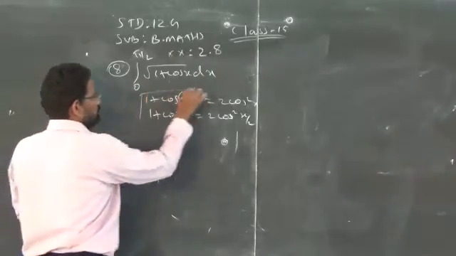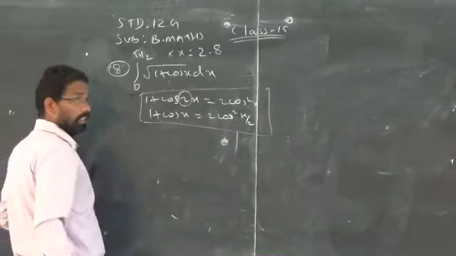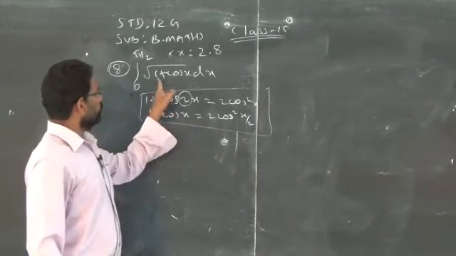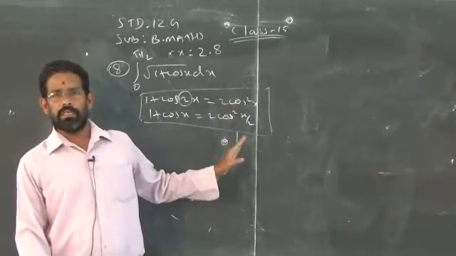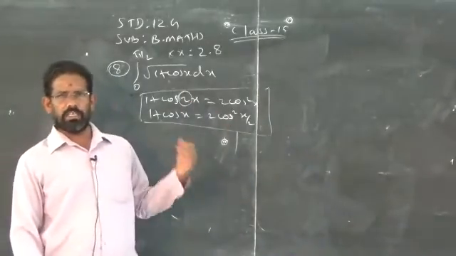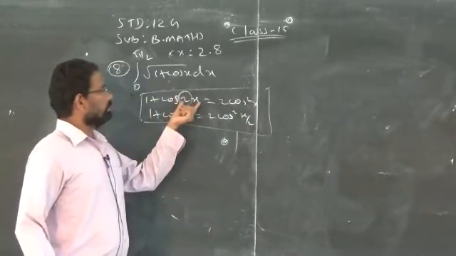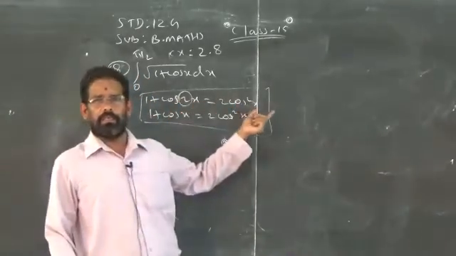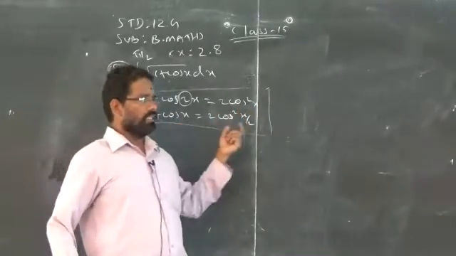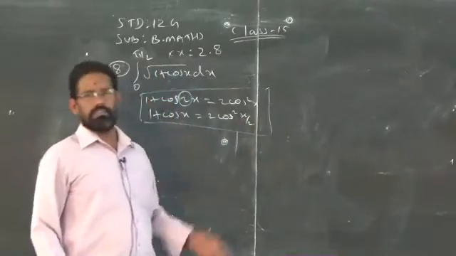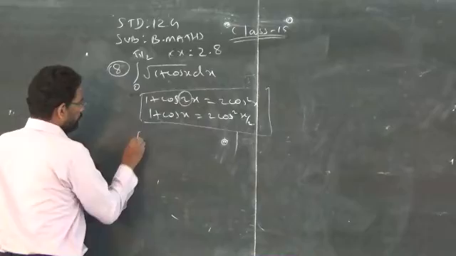So based on this property, if it is minus sign, you get 2 sin square x by 2. The same question, if it is 1 minus cos 2x, you will get 2 sin square x. If it is 1 plus cos 2x, 2 cos square x. If it is 2 times of an angle, you get half of the 2, that is 1. If it is 1 angle, half of the 1 angle is half angle, semi angle, that is x by 2. So using this concept, I am rewriting.